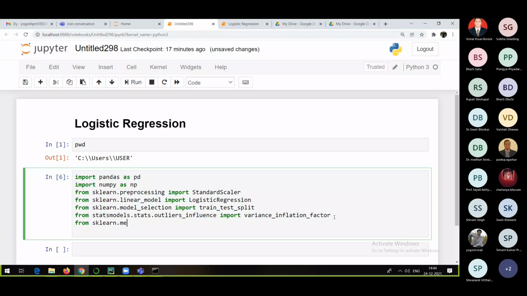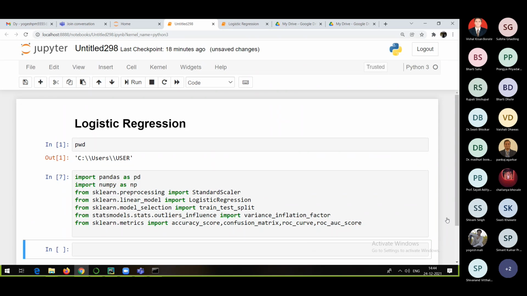From sklearn.metrics, I'm going to import metrics like accuracy score, R square statistics, then confusion matrix, and then ROC curve, as you want to plot it, and finally roc_auc_score, the receiver operating characteristic area under the curve. Yes, that's also imported.